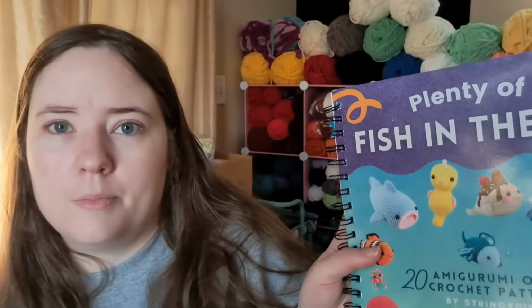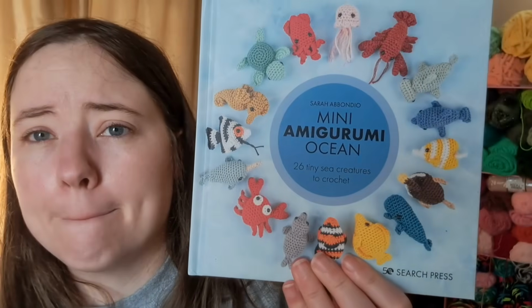And yeah, so what else? I'm gonna work on that horny toad and some more dragons today. I pulled out these 2 books from my stash of books. There's Plenty of Fish in the Sea, which is by Stringy Ding Ding, which I love. I love her patterns. I pretty much made everything in this book. I'm pretty sure I made almost everything in that book, if not everything. And then I think maybe the only thing I haven't made was the pufferfish and the clam. And then I also pulled out this one, Mini Amigurumi Ocean by Sarah, I don't know how to say that,